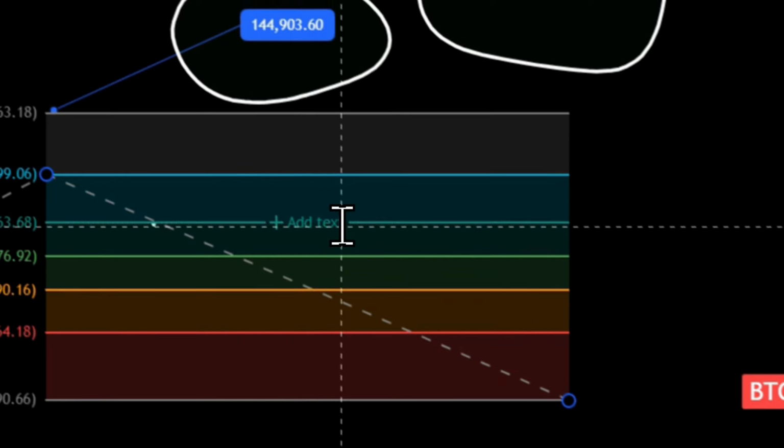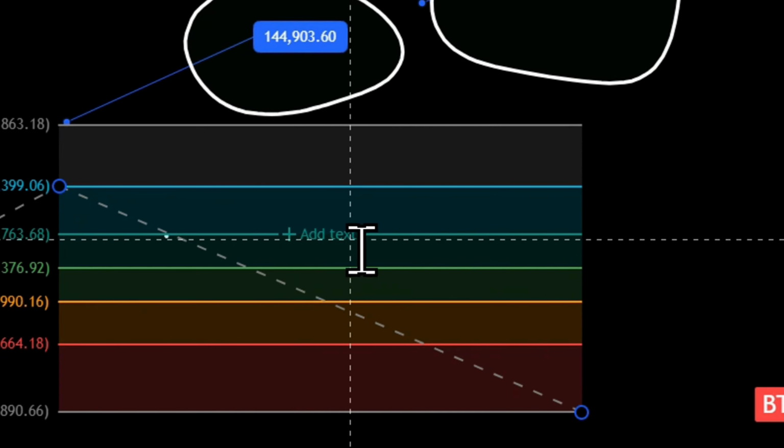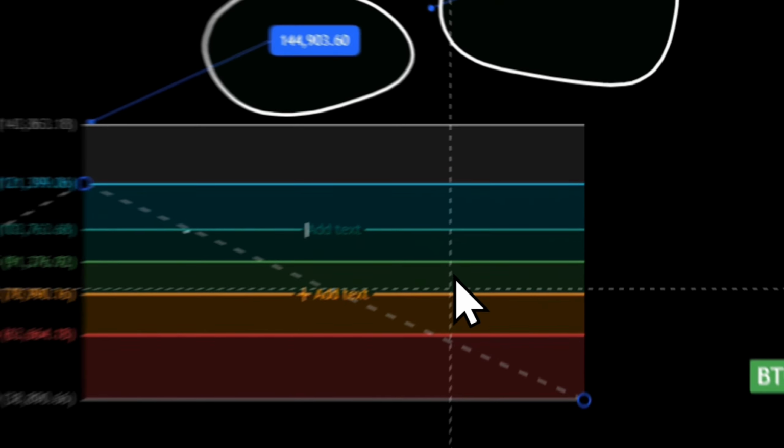So open TradingView, test this tool on different markets, experiment with the settings, and see how it fits into your